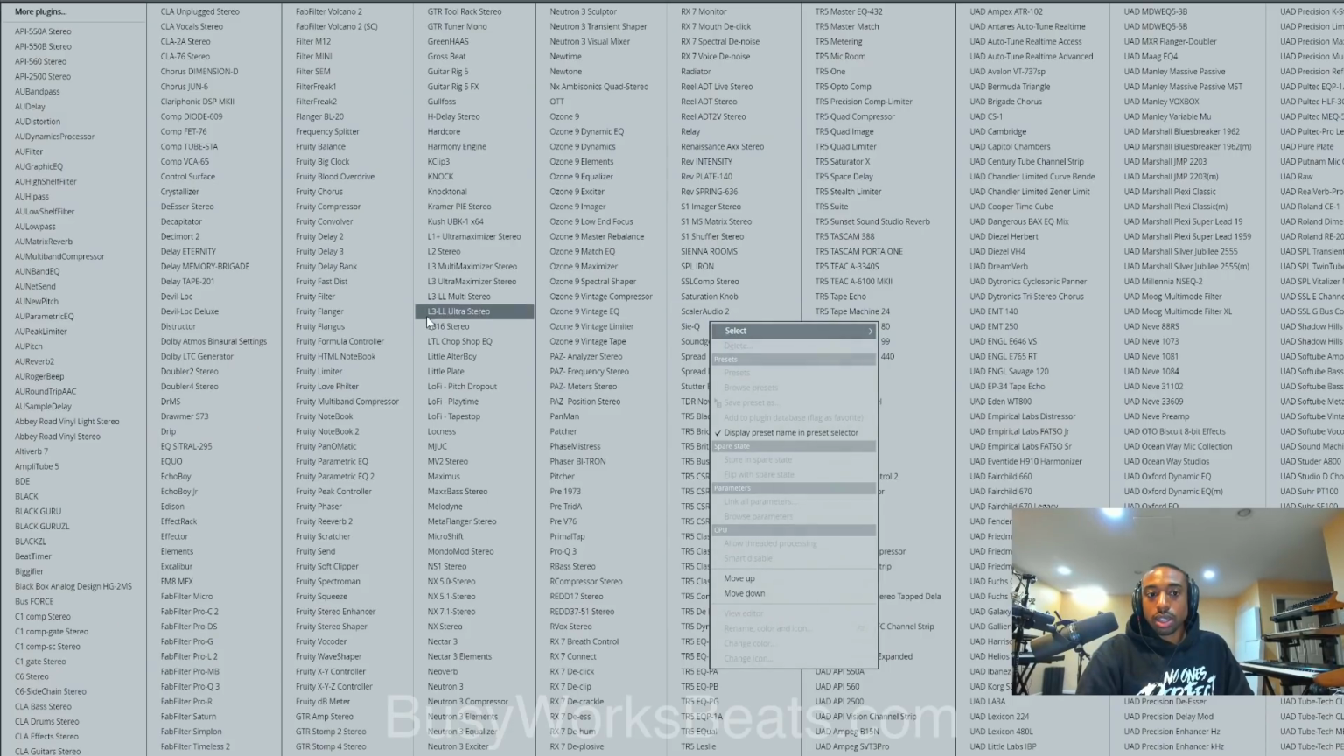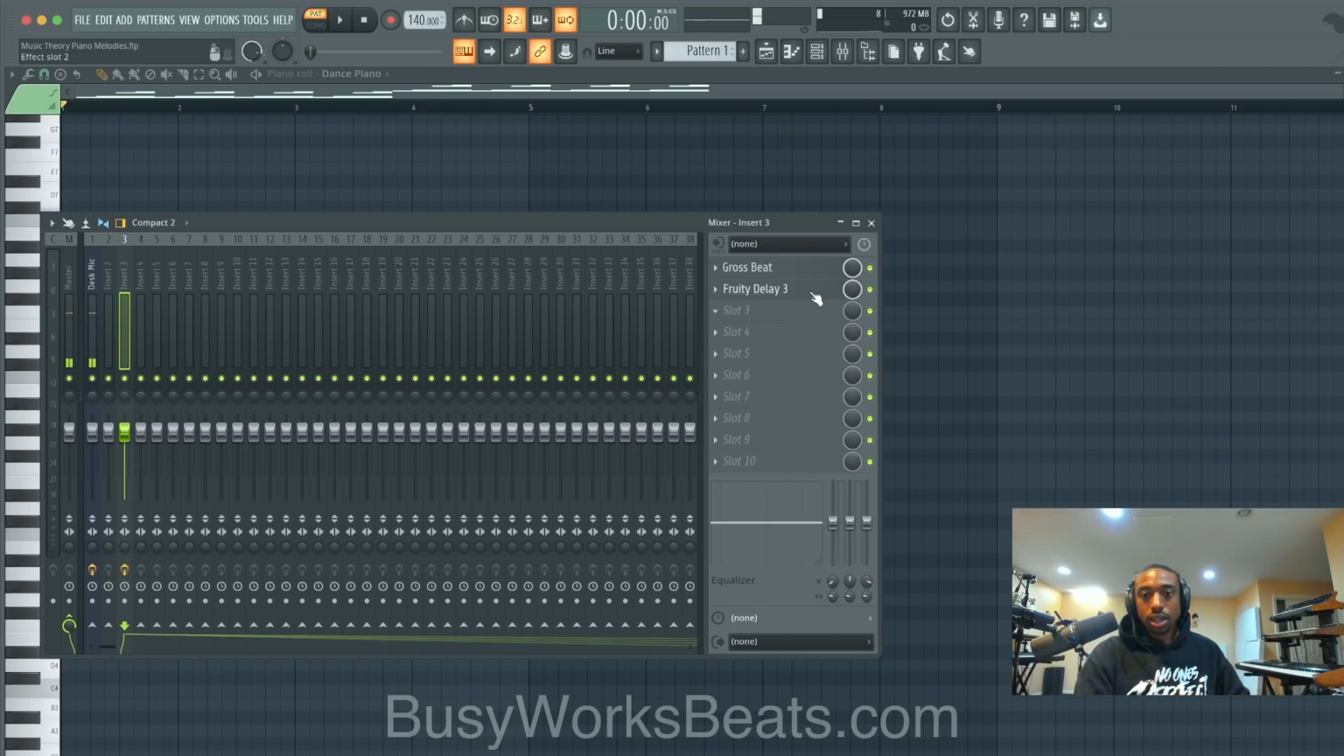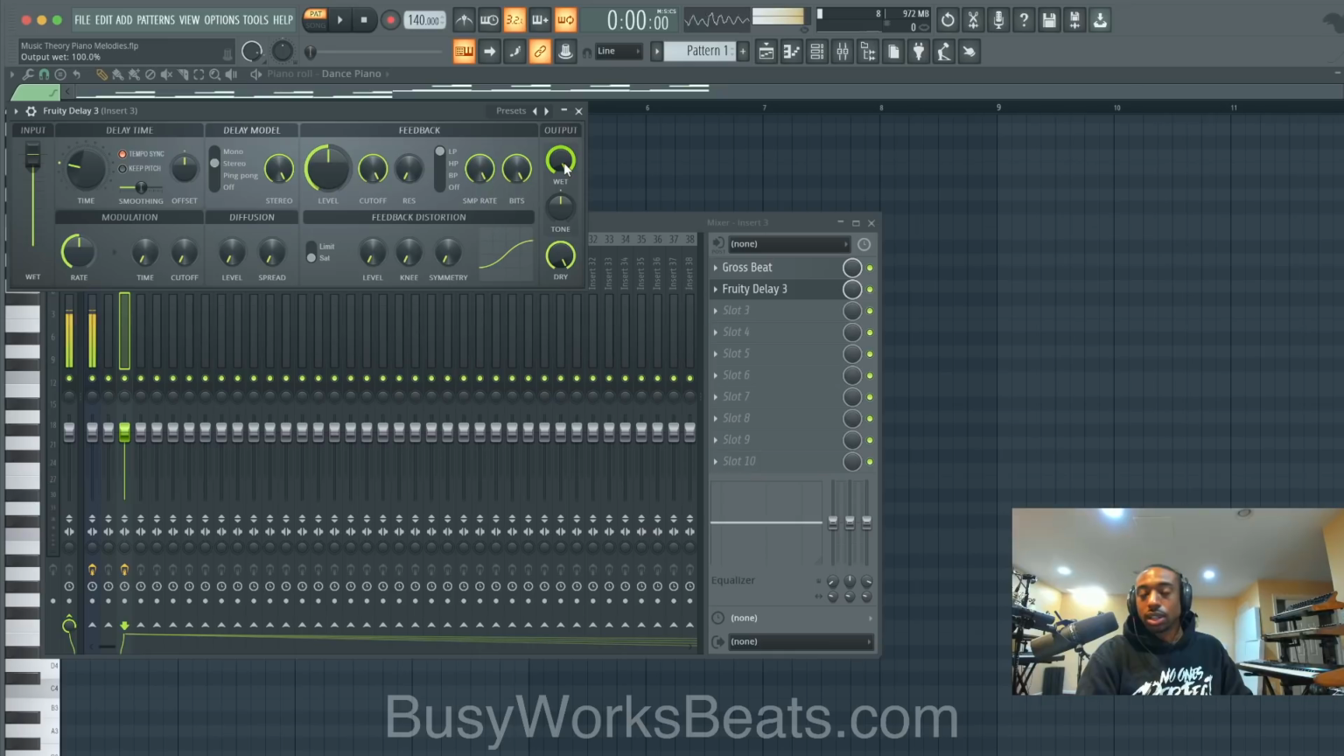Let's open up the next plugin called Fruity Delay 3 from the list. And let's go to the mix level. Let's turn that wet level all the way up. Turn dry level down, turn feedback down, turn delay time down. Now everything else, all the other knobs become a sound effect. So we're gonna pull up the